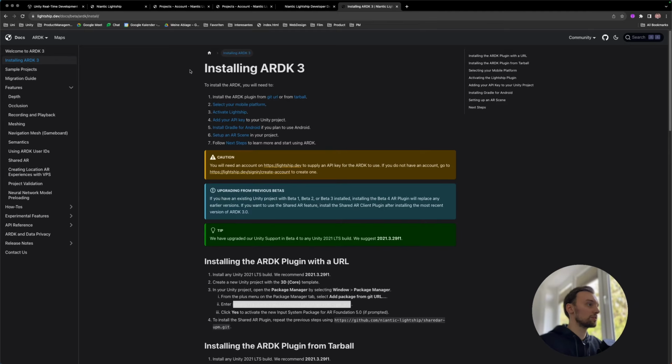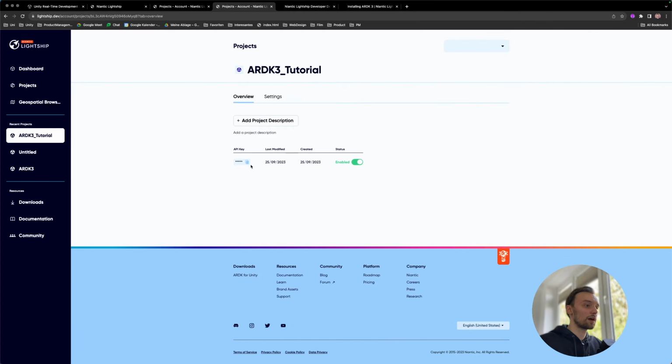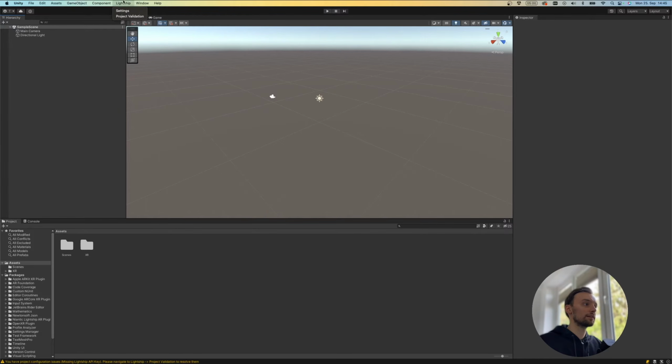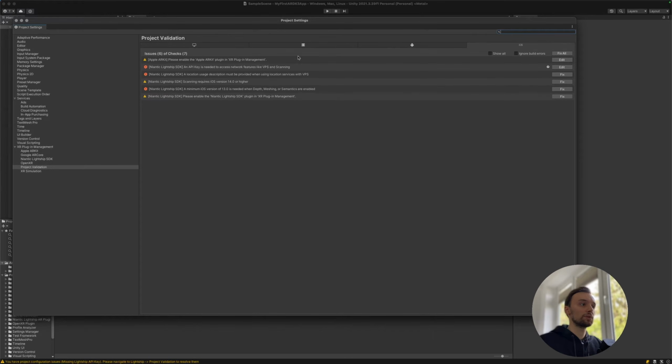So while the engine is restarting, we can use our time and already copy our API key that we are going to need just in a second. So then, to make sure everything worked, we can go up here, and if there's Lightship, then this means that our installation was successful. We can go to Project Validation, and we should always keep an eye on this Project Validation window here,